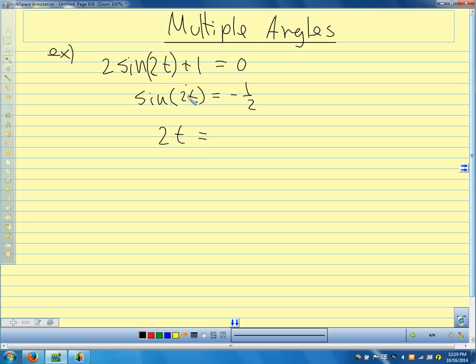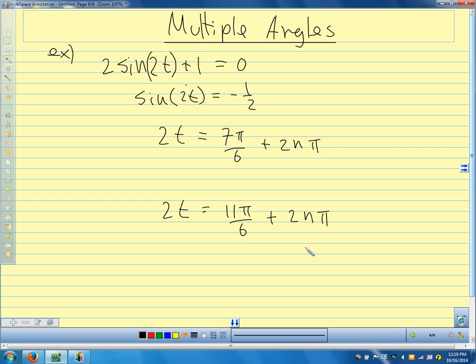We're solving for this whole thing. So where is sine equal to negative 1/2? 7 pi over 6 plus 2n pi, and I'm going to leave some space. 2t, I'm solving for this whole thing. 2t equals, and what's our other one? The other one we left out last time? 11 pi over 6